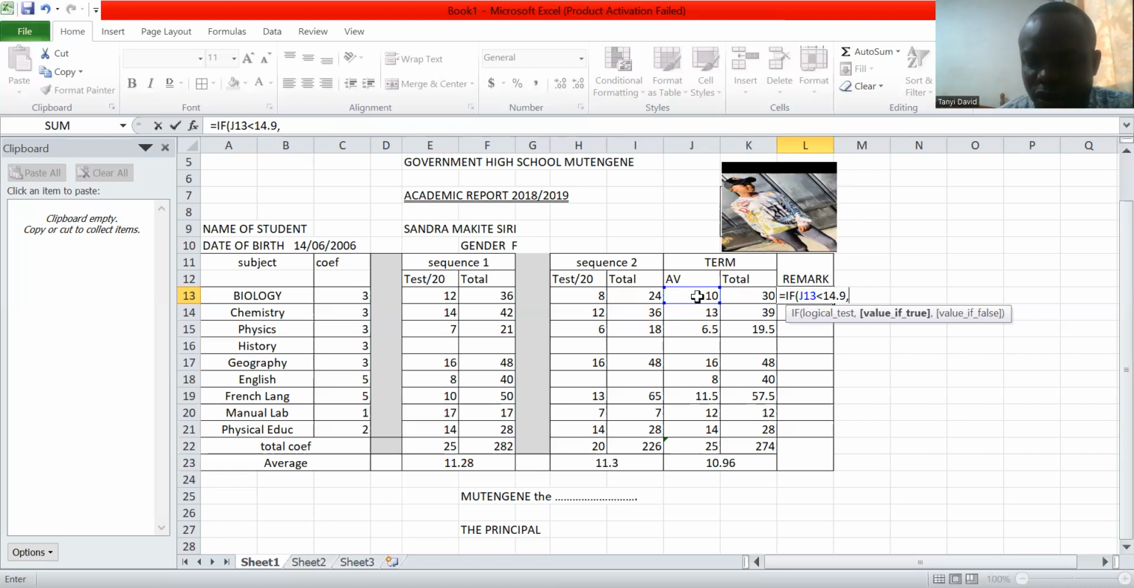Whatever you want to display, you must put it in inverted commas. So you open your inverted comma, you write very good, you close your inverted comma. Then you put comma, you continue again. If you open your bracket, we'll do the same thing. If J13 is greater than,